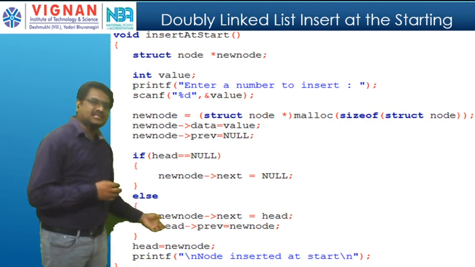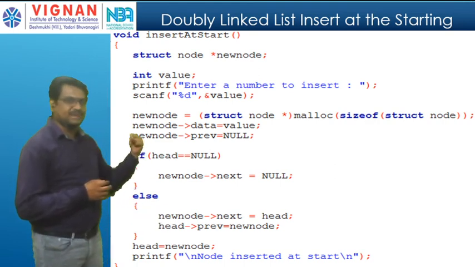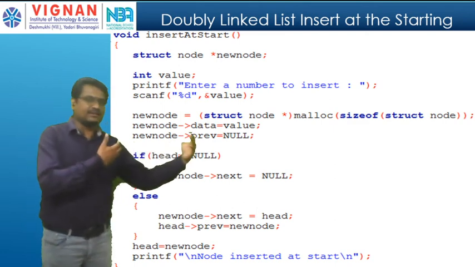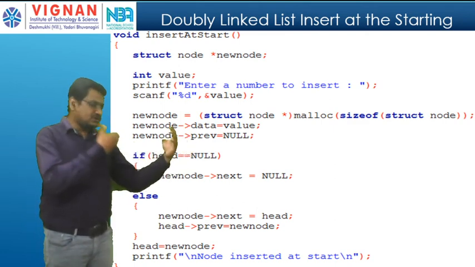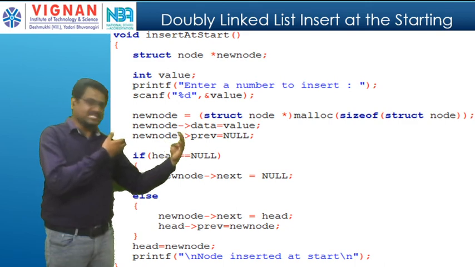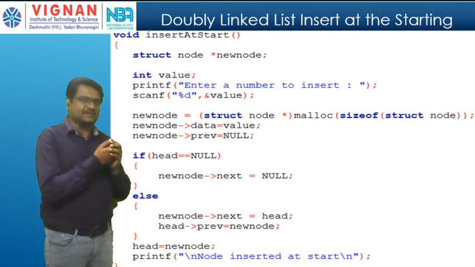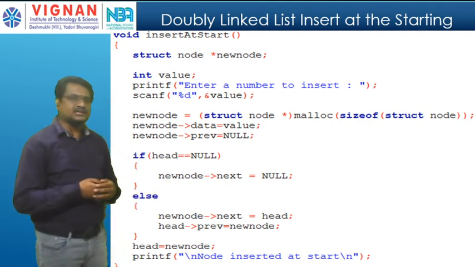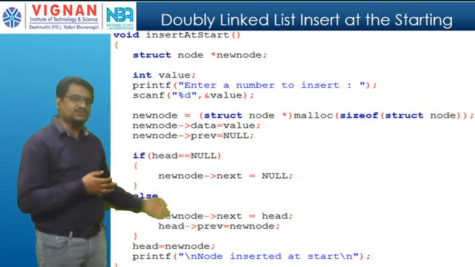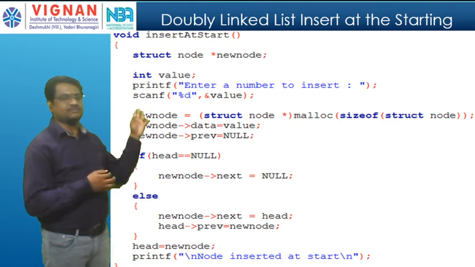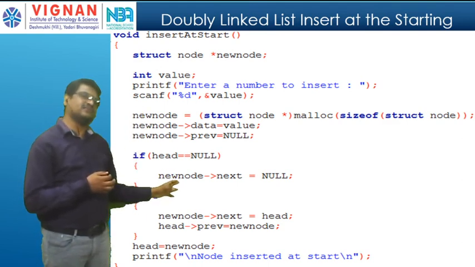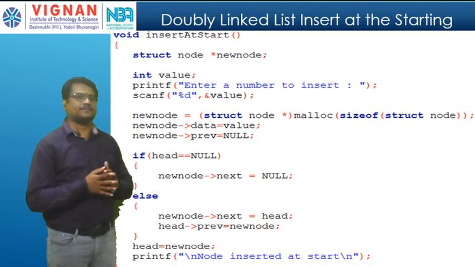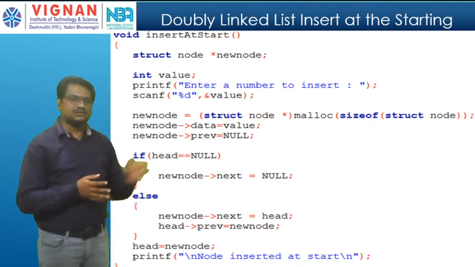Okay, here this line is missed from the previous slide. Okay, see this one. See, I'm inserting before head. Am I right? Before head. So this new node next will become as head. This head previous element will become as new node. Am I right? Head previous also becomes as new node. Next, here I am inserting at the starting, so that new node becomes as head. Whether it is an empty linked list or if you have some elements, it doesn't matter. That new node will become as head. Then I will put the success message.